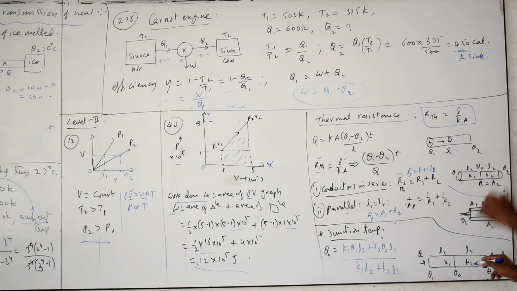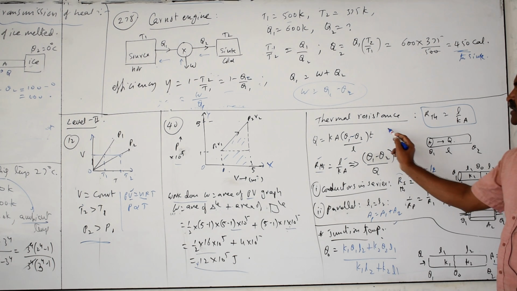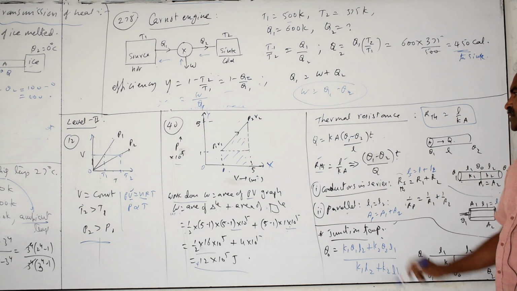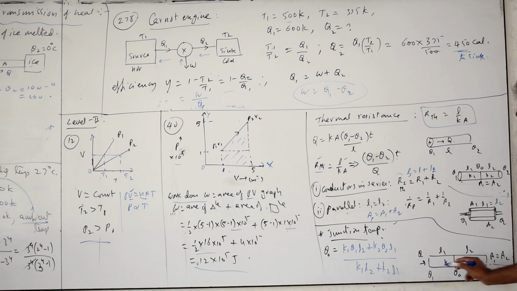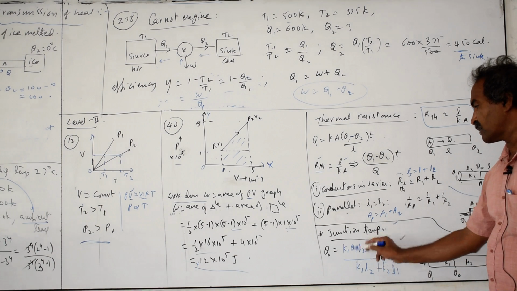Next, two conductors connected in series with different lengths and the same area of cross section, with temperature differences theta1 and theta2. For the junction temperature formula, you can calculate the temperature by this method also. The temperature gradient, temperature difference by length, remains constant. So the temperature difference by total length is also equal to the temperature difference by this length, and also equal to the temperature difference by that length. Like that also you can take, but they may directly ask the symbol formulas, and you must remember these formulas and be able to calculate problems from them. So always remember the formula.